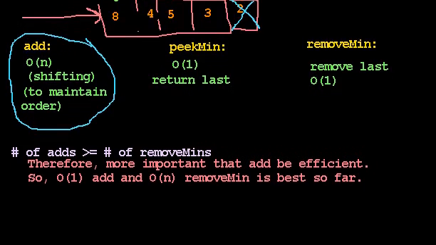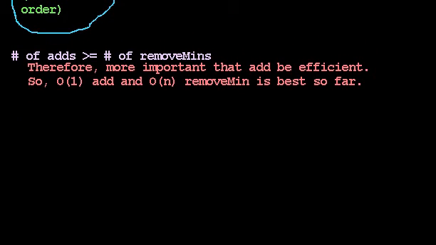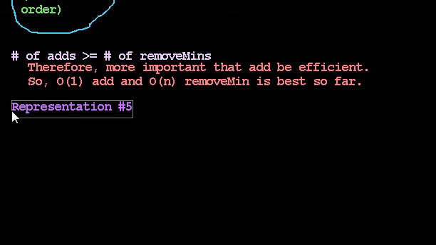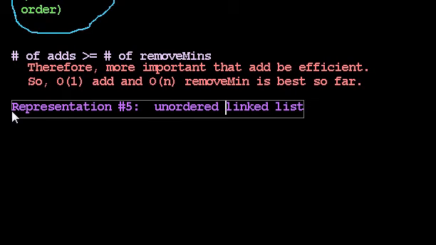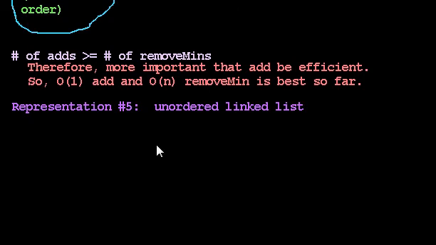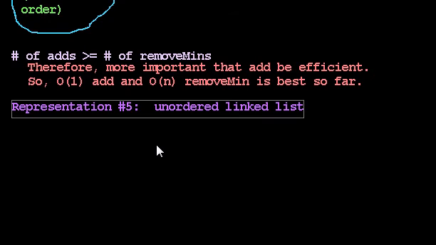Let's consider a different approach, though. What if we use a linked list? So, representation number 5. What if instead of arrays, we tried a linked list? And let's do an unordered linked list. Linked list where the data is in no particular order. Is that a good idea? Check my notes for a second. Actually, I think we can agree that that's probably not going to be the winning. So we could go through that, but let's stick with what I think are the 2 best ways to use a linked list. Linked list in increasing order,